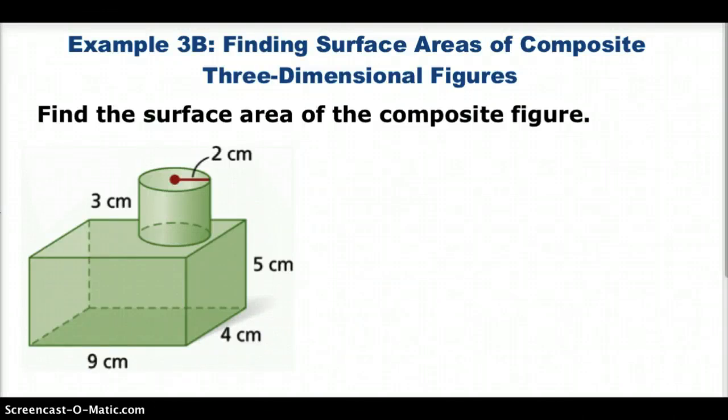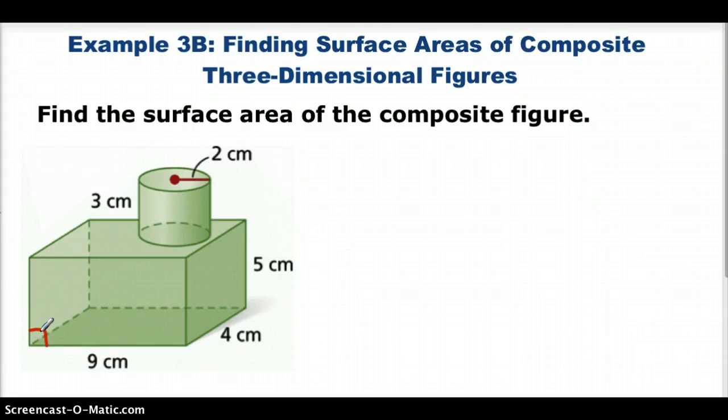In our next example, we're going to look at finding surface areas of composite three-dimensional figures. Okay, so we're given this three-dimensional figure right here. It looks like, to me, a right rectangular prism. I'm going to assume this lateral edge and this base edge here are perpendicular. So I'm going to assume it's a right rectangular prism, and I'm going to assume that we also have a